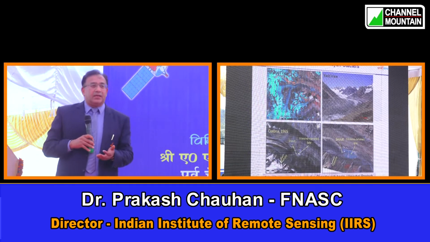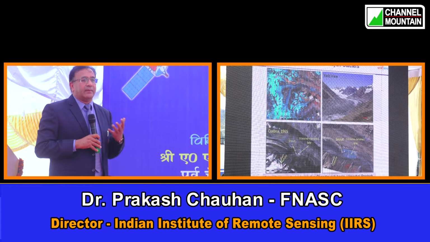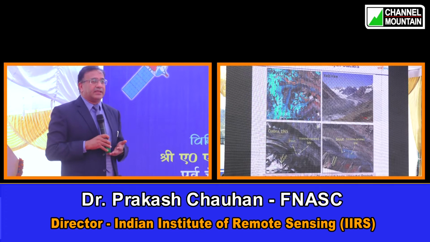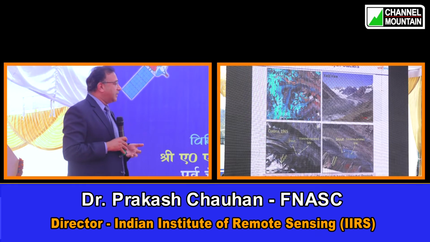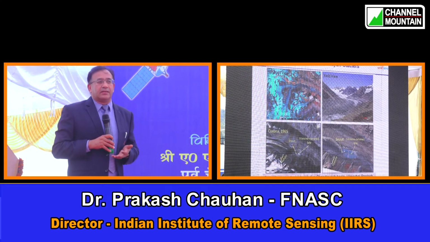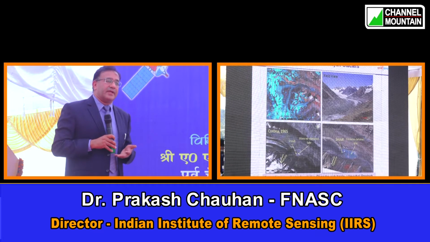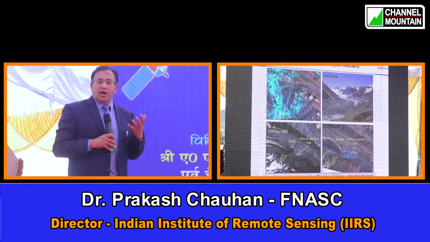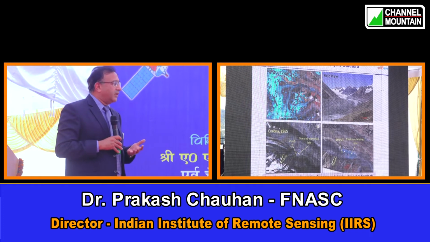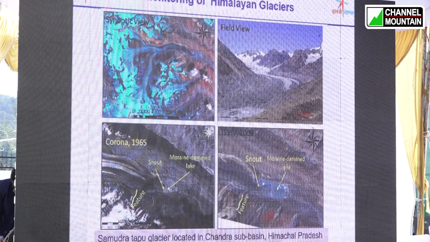We are using this data, which is collected on different dates throughout the year. The power of remote sensing is to have temporal data sets. Using this kind of temporal data sets, big national level projects are initiated in ISRO, where we are doing systematic monitoring of Himalayan glaciers, because as you are aware, the glaciers are supposed to be under threat in the changing climatic regime because of increasing temperatures, and the mountain regions are also experiencing an increase in air temperatures. How this increasing temperature is causing changes, and how the glacial systems are responding to the threat of changing climate, can be very effectively studied by some of these satellite images.